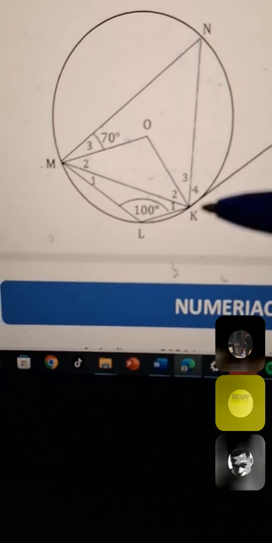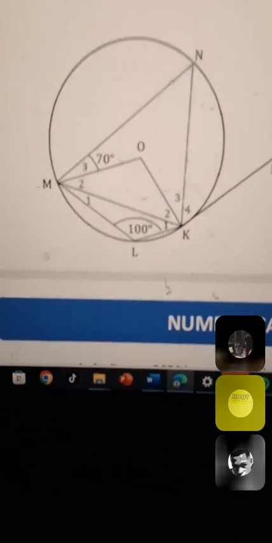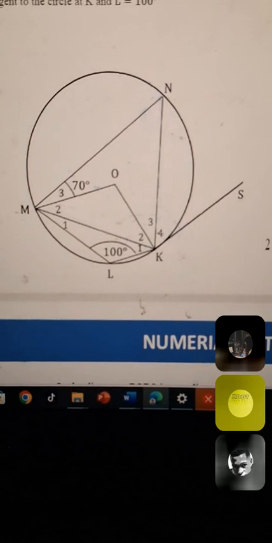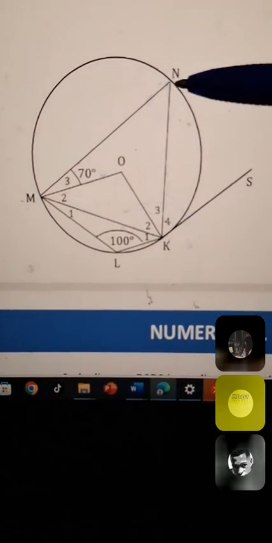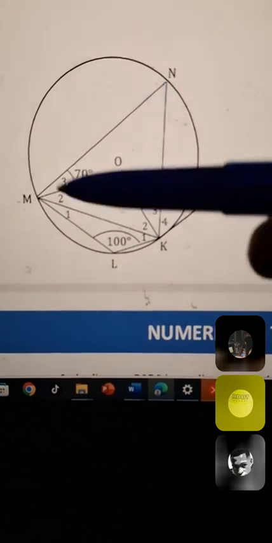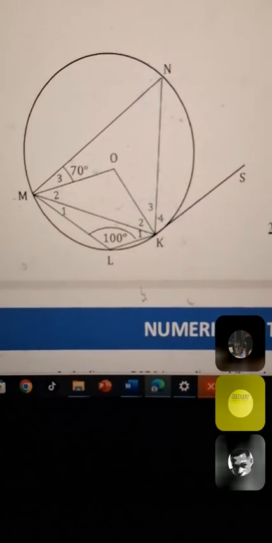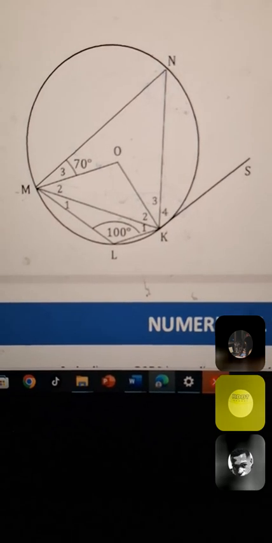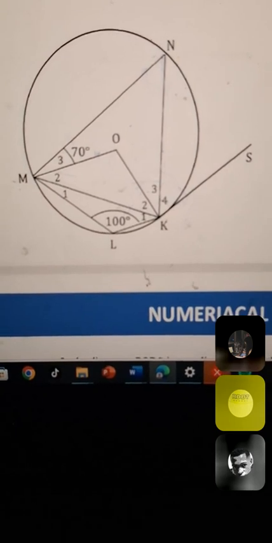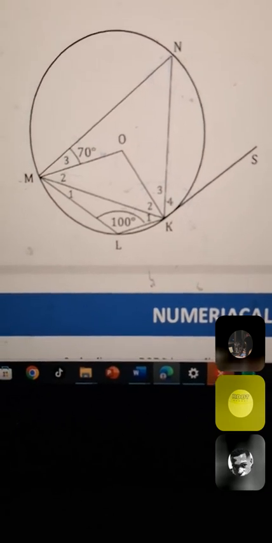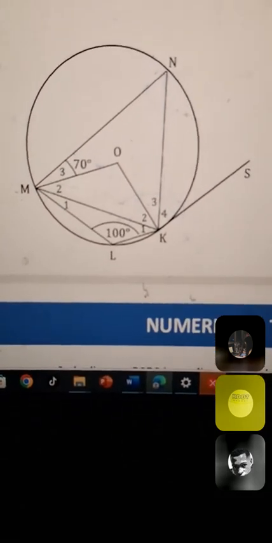Yes. And now since K4 is equal to N, they both equal 80 degrees. This means that MN is parallel to KS, alternate angles equal. Yes. That's where that reason comes into play, because it's funny that sometimes people use that very